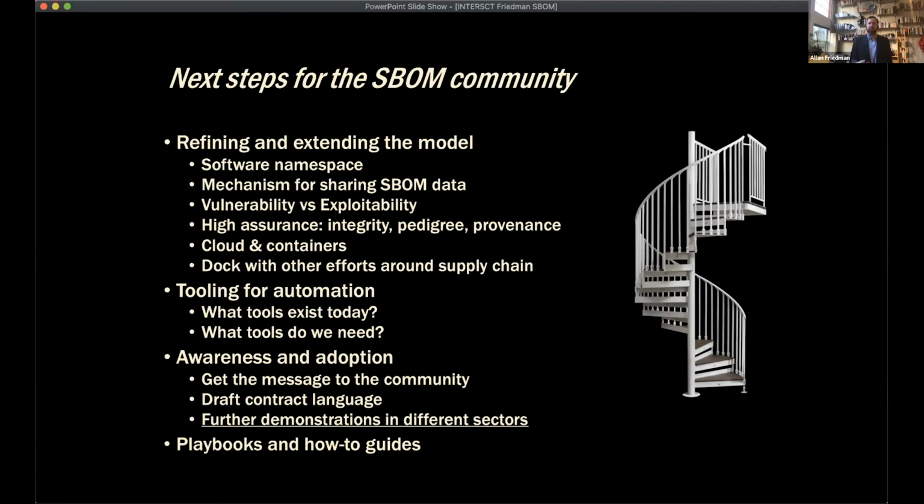We've also pivoted to sort of getting the message out there. The mantra I have is that Allan doesn't scale. You know, it's my job to talk about SBOM and to help herd the cats, but the community, it comes best from the community. One of the fun things that folks are talking about is what draft contract language looks like? How can people ask for it today? And if you're not going to be able to get an entire SBOM from your supplier, what are some of the partial things so that you can start helping your supplier to climb that mountain and get ready? And of course, further demonstrations in other sectors.